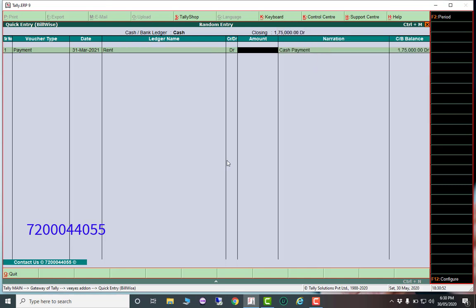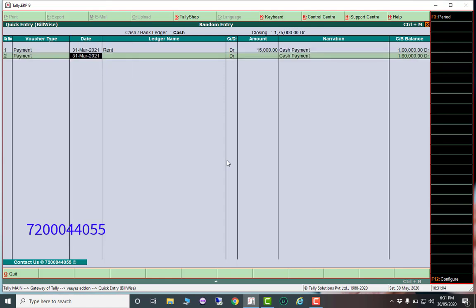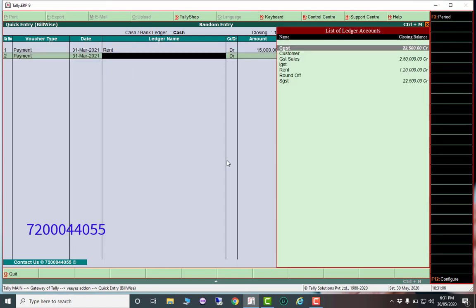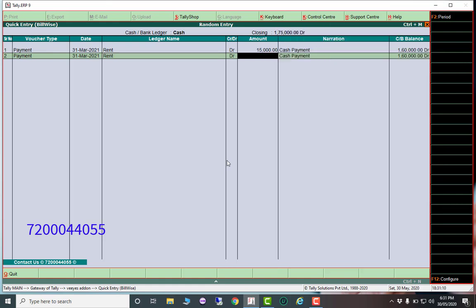And I am creating the rent 15,000. Cash payment. Rent 25,000. For example, whatever it is, you can make.